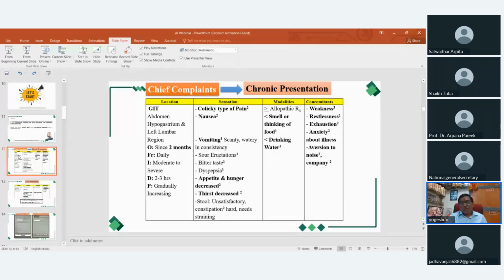Now she presented with these chronic complaints. Actually, she had come for acute episode. Now again, the beauty is that when we are in acute and the same type of chronic complaints are there, it is acute exacerbation of the chronic disease. So it is our duty to understand whether there is any difference in the chronic presentation and the acute presentation that is there. Now she had presented in the acute